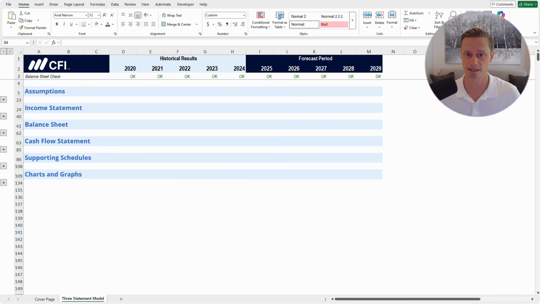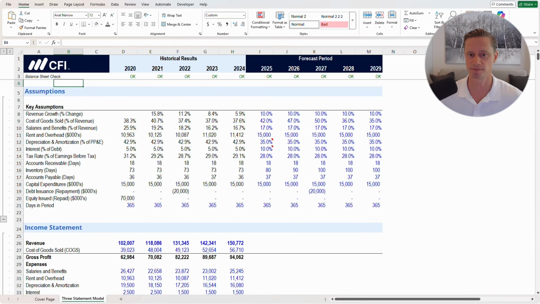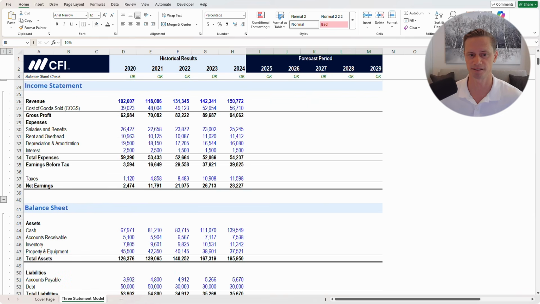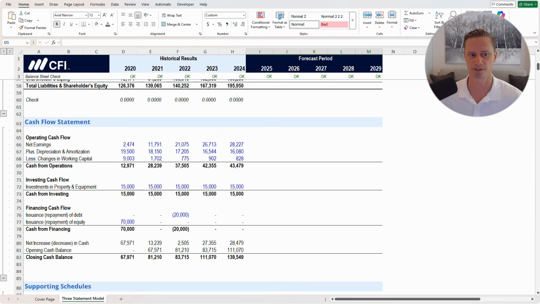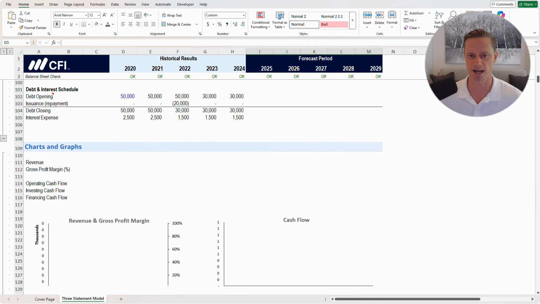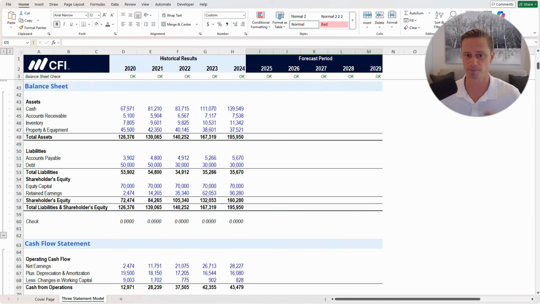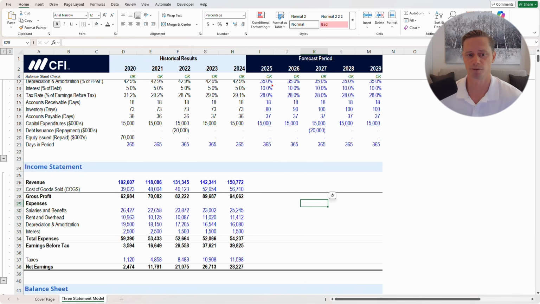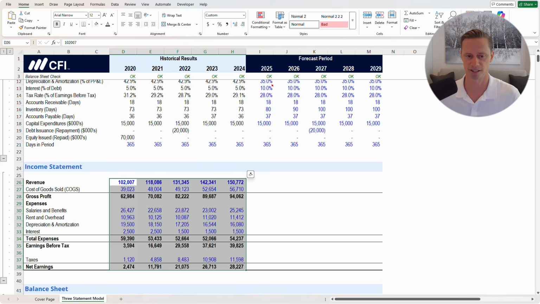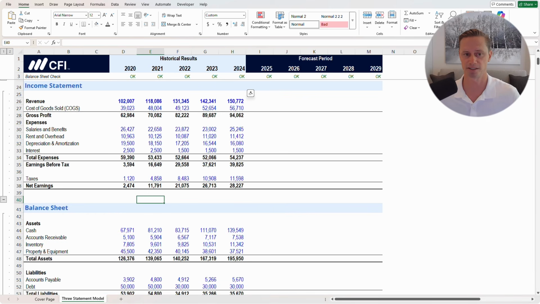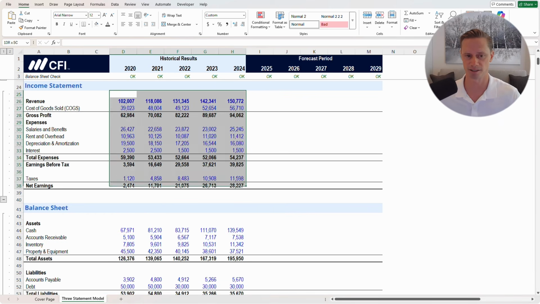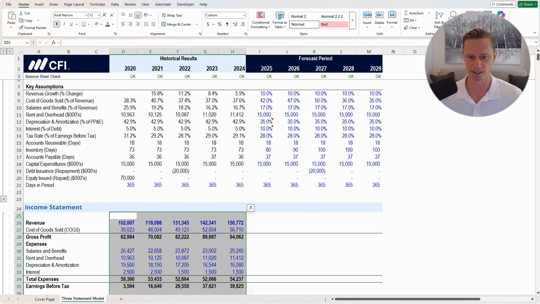All right, so here we are back in the model, and this time it's going to be empty. So the forecast part is completely blank. We have some assumptions, and we'll talk about those as we go through them. But the income statement, balance sheet, cash flow, supporting schedules, charts, graphs, that's all empty. And we're going to build everything together. So we've saved you the hassle of copying and pasting historical financials into Excel. But if you had a blank spreadsheet, you just paste in all these historical numbers, and then we'd start building